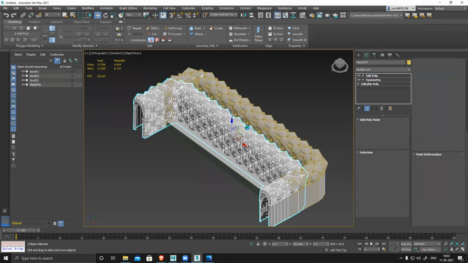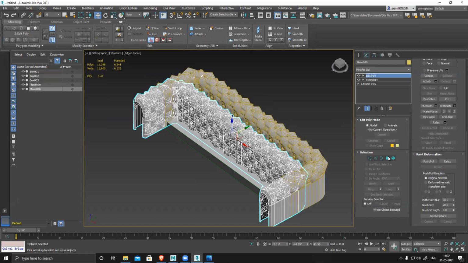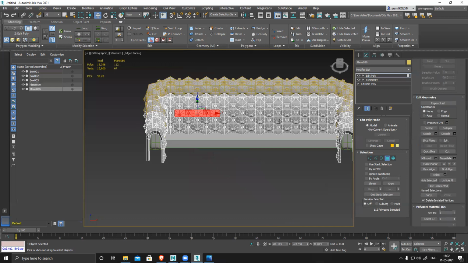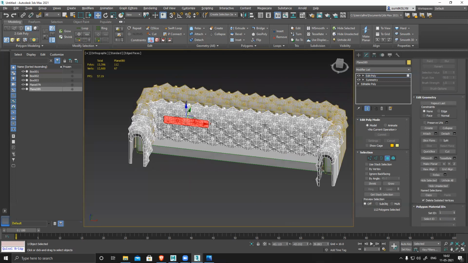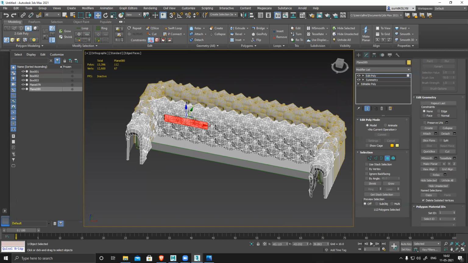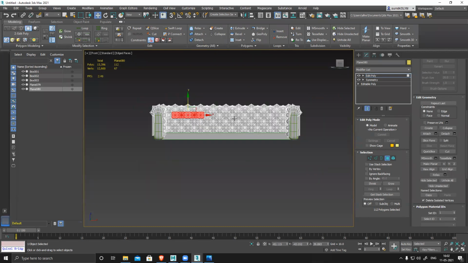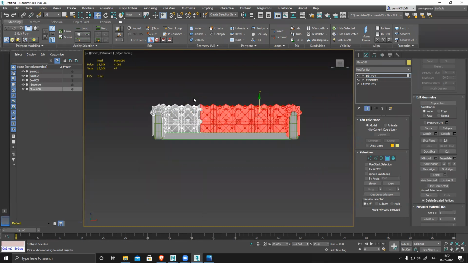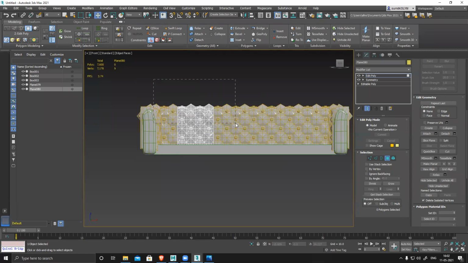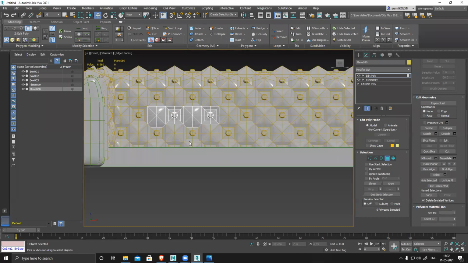Anyways, I'll just shift and drag and duplicate and do it. I just duplicated the entire thing and deleted that section.